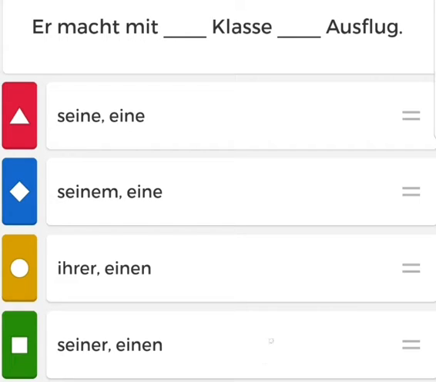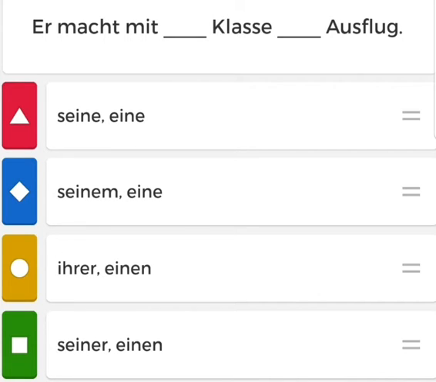So here we can exclude this third option. Third option is no more valid, so we have to select from first option, second option and third option. In order to find the correct option, we must know what the gender of Klasse is. Klasse is a feminine noun in German language, and we must also know the preposition mit, which is a dative preposition. So the ending of sein for a feminine noun in dative case is seiner.